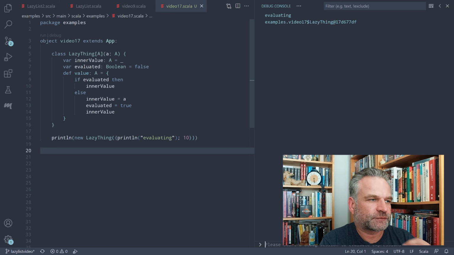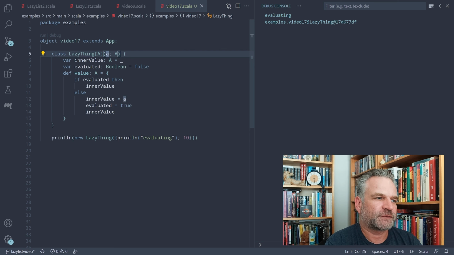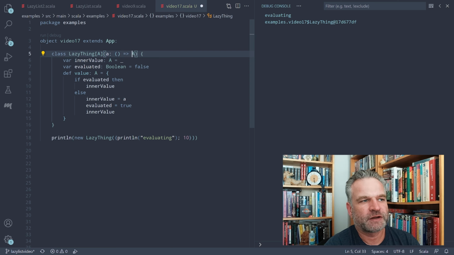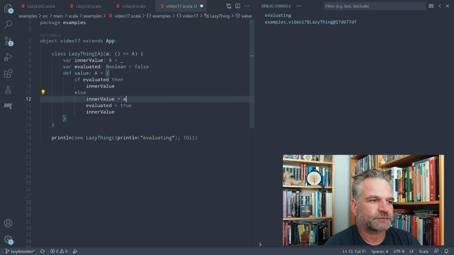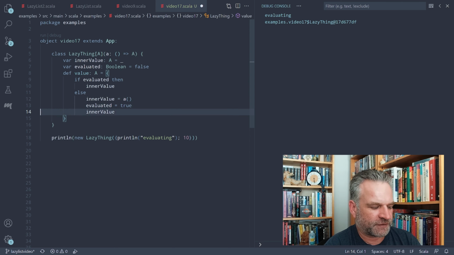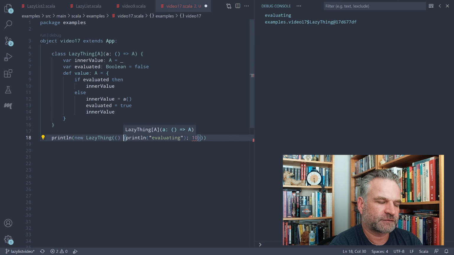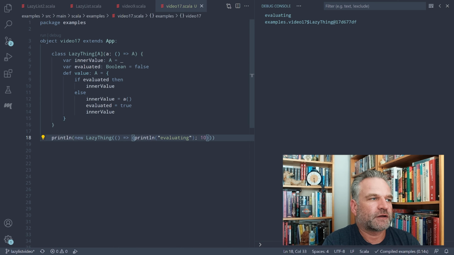What we wanted was to not evaluate this expression when it comes in here, and only evaluate it when we need it. So instead of passing in the actual value here, what we could do is pass in a function that returns an a, and then when we want to get the value, we have to actually invoke it, and this gives us the laziness that we want. And what that means is that now our expression is not the right type to pass to the function, but we can fix that just by making it a function like that. And now when I run it,